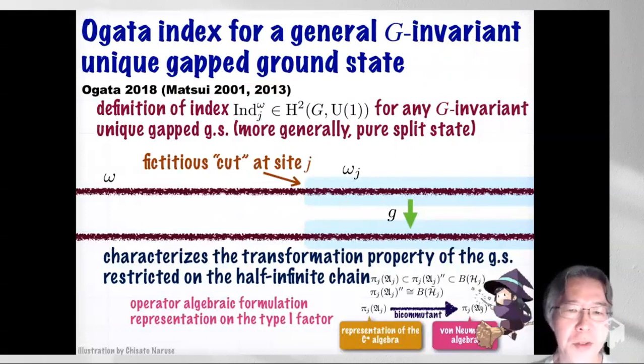Don't worry about this terminology. So for any G invariant unique gapped ground state, this does what we want. It characterizes the transformation property of this half infinite portion of the chain and so on. And this is not an easy thing. For the definition, you need the operator algebraic C* algebra formulation of spin chains. And you also have to treat something rather difficult, like the representation on the type 1 factor and so on. So it looks like magic for most of us. But if you're interested,